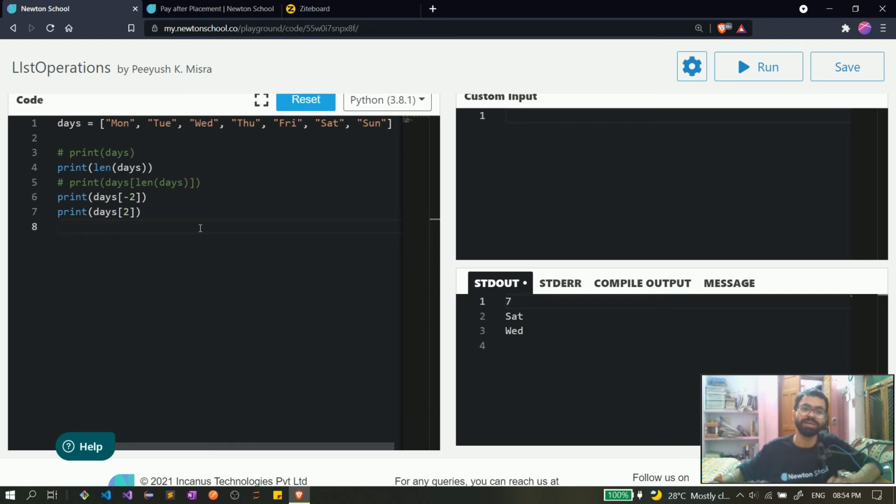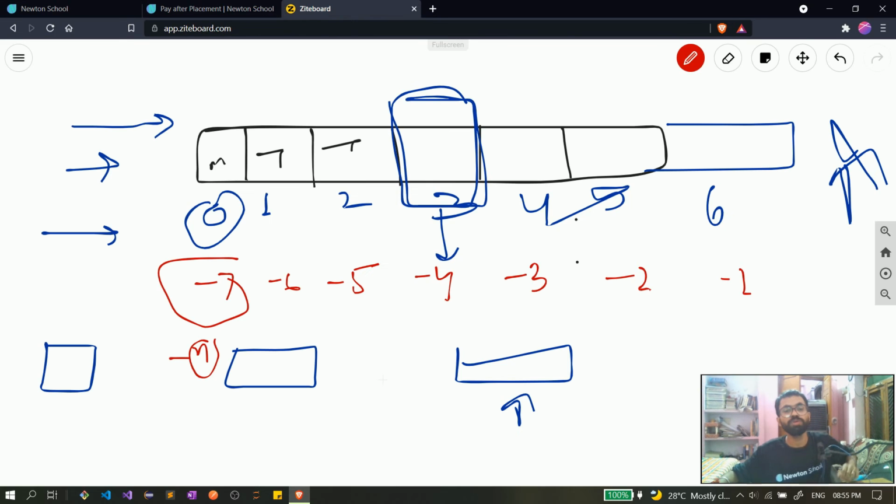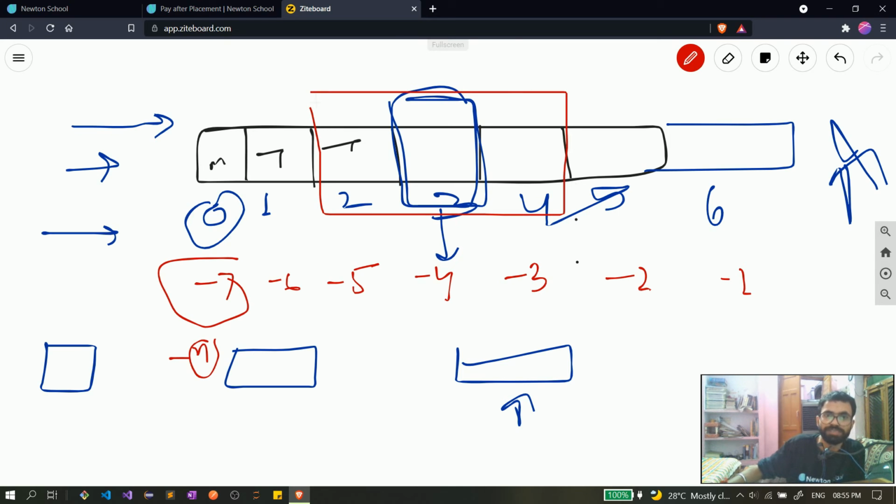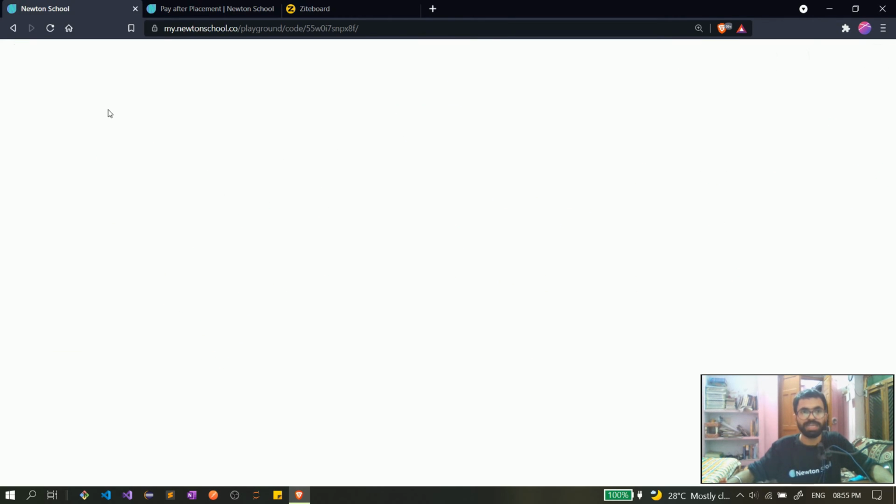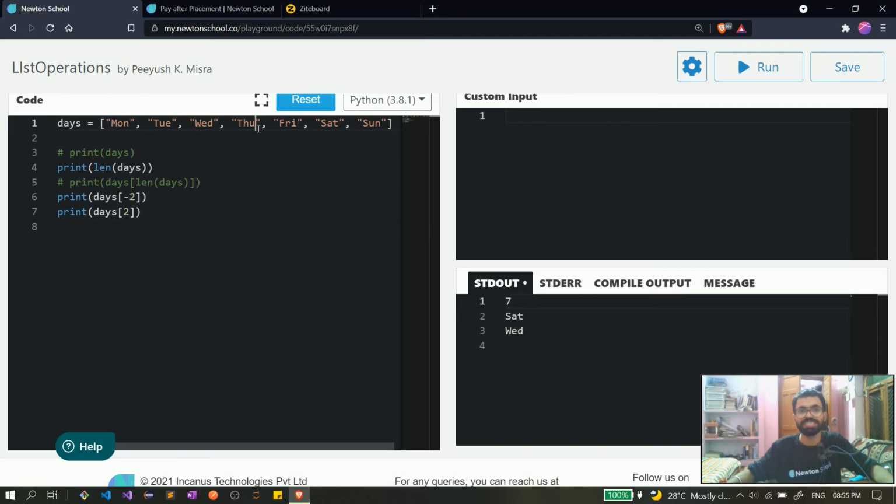Okay, now this is okay. We will get from the indexing. Now suppose I want to access the values present in between the index numbers of this. If I want to get this one from 2 to 4, I want two values from this. Like if I want to access Tuesday, Wednesday, Thursday, these three values, then what I need to do, I need